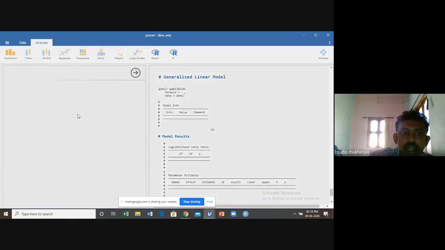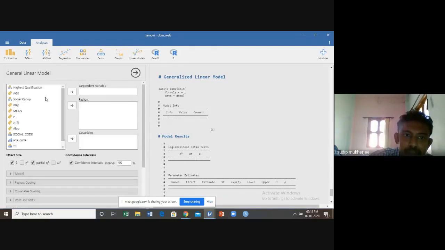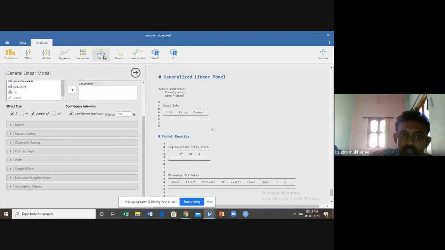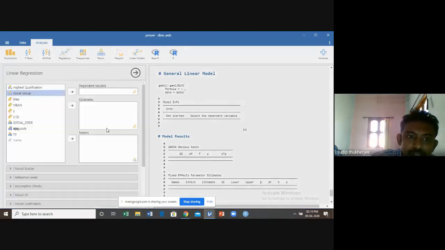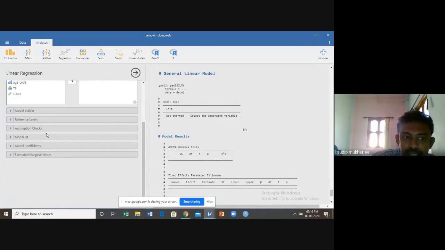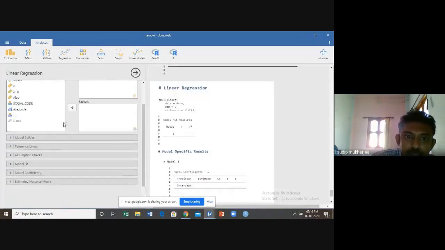Under general linear model, you can perform multiple regression, whatever we use. Everything is possible. Under factor, there are reliability and principal component. Not only that, confirmatory factor analysis is also possible in Jamovi. But it takes time. Multivariate regression takes 2 hours. I just show you the simple steps in regression. I am not going into the details of the assumption checks or the estimated marginal means.